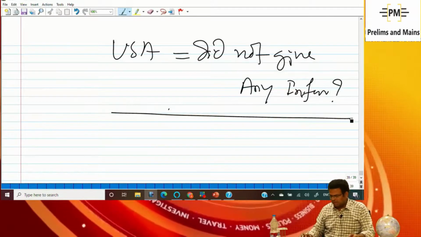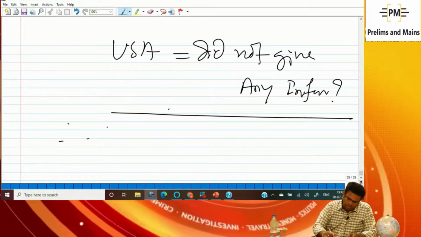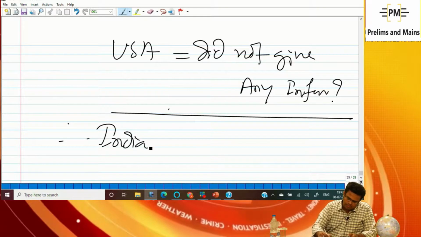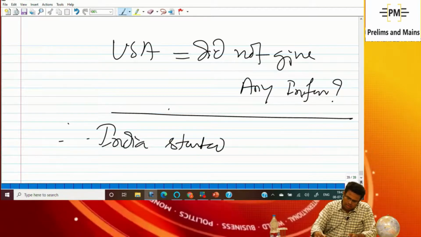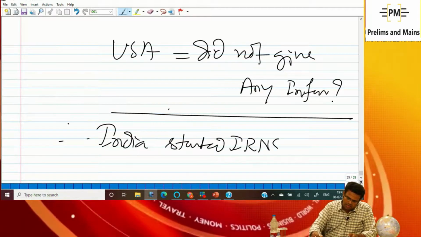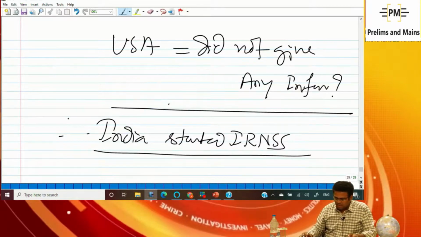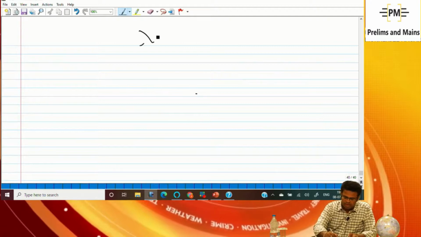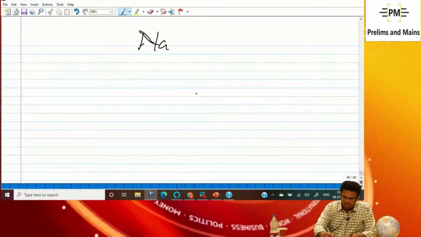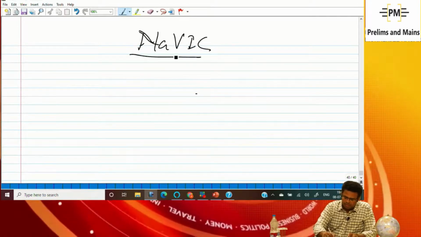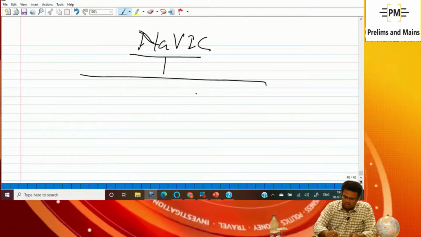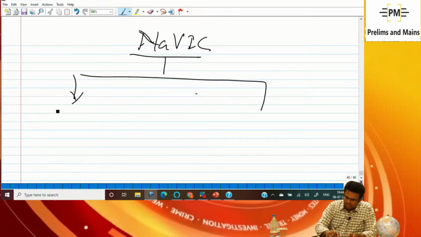Therefore India started IRNSS. And this NAVIC, जो ये NAVIC है, group of 7 NAVIC, its work is to provide 2 types of services,